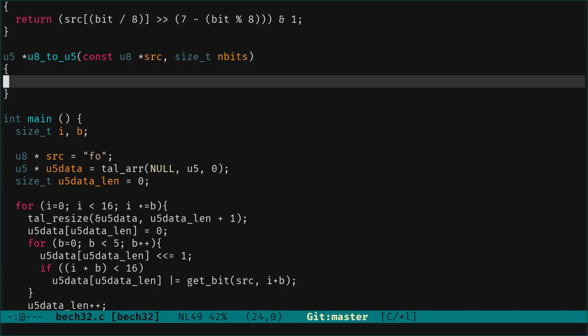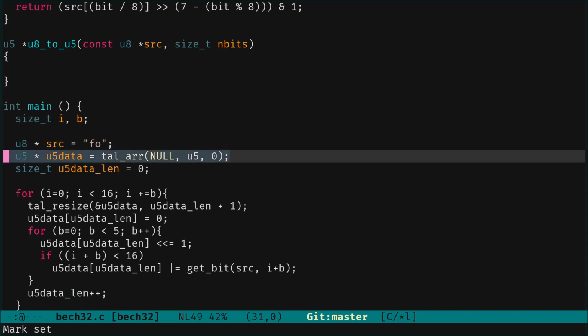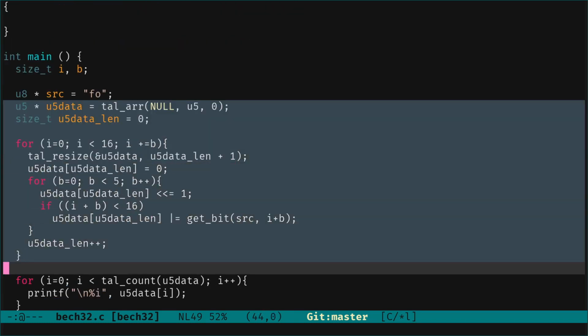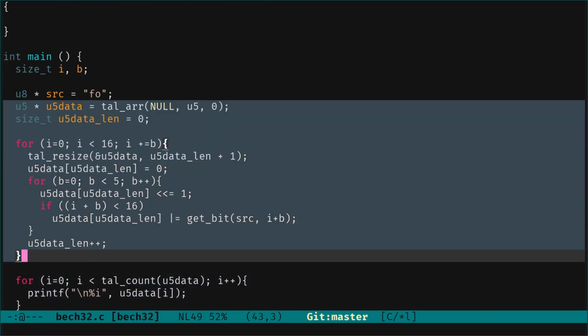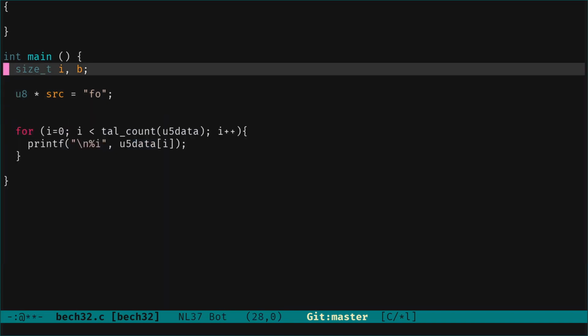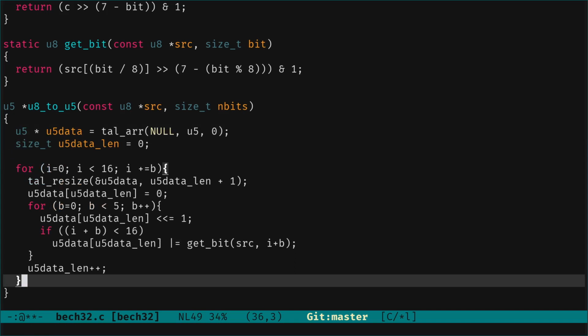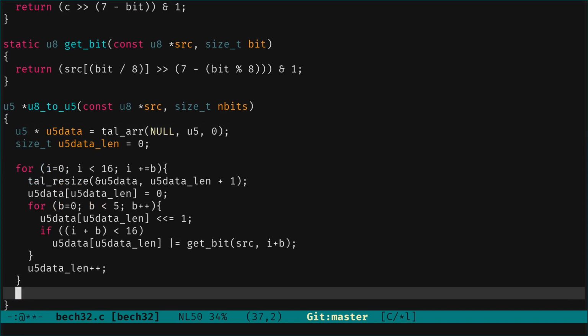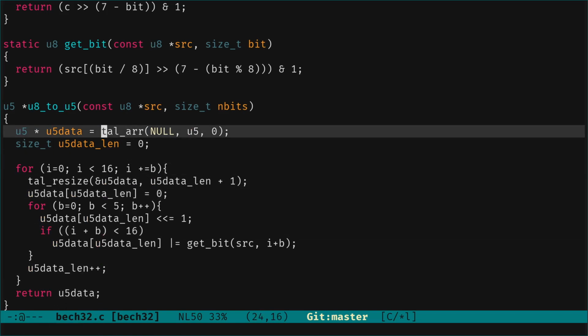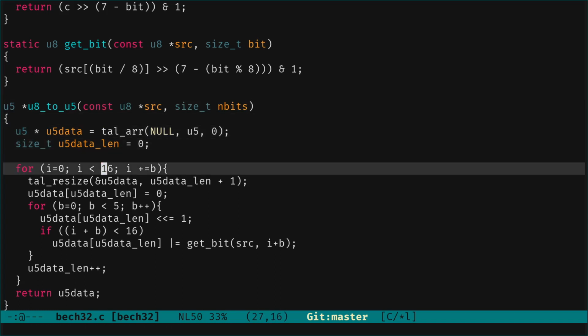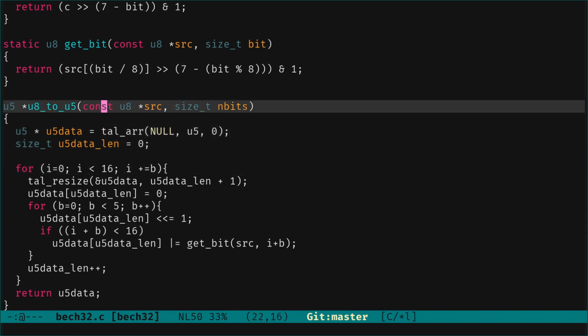But we continue. We won't go till that point, but at the end we look at bech32 util, and this will be cool. So we abstract that, we put it here. We need at some point to return something, so we want to return U5 data. So this is what we return, and this should work with no changes. The 16, we are going to change this for a number of bits after, but so far when I do changes